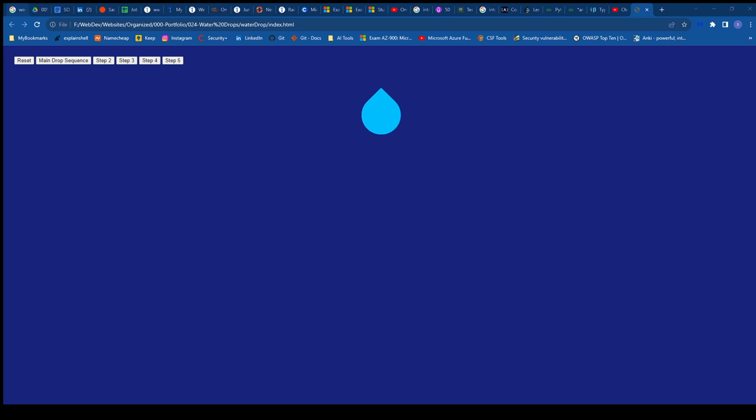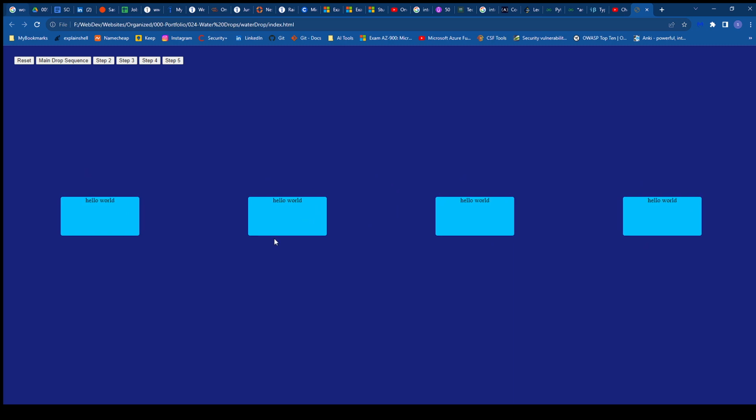So, again, you can see there's another water drop, and this was pretty cool. I was using CSS transitions to rotate and skew an object to try to make these really cool animations. What I wanted people to do is come to the website, click on the raindrop, and then you get these little boxes, and they would most likely be buttons or cards or whatever,